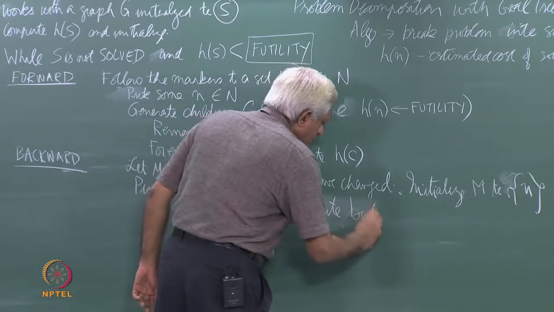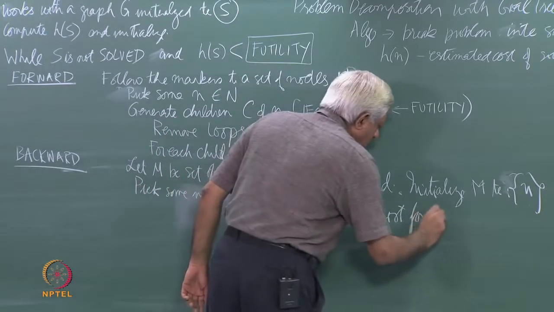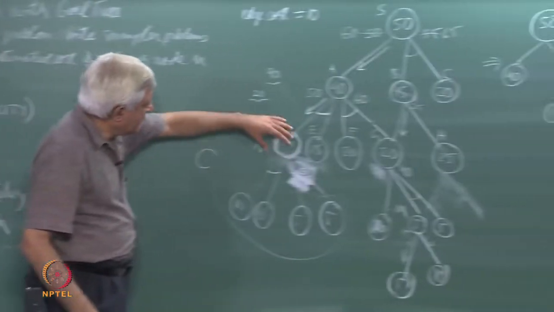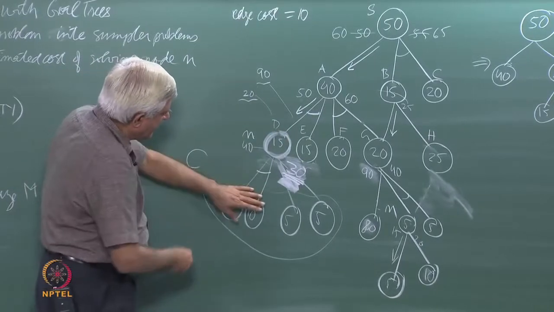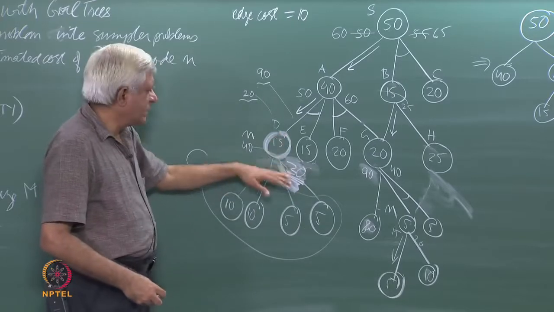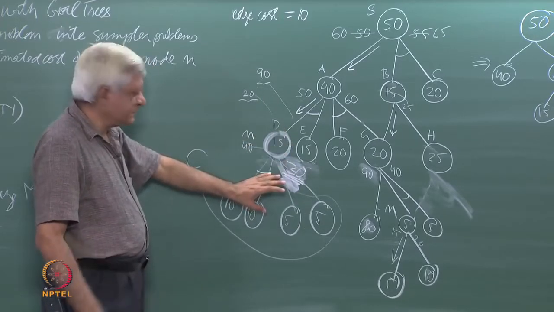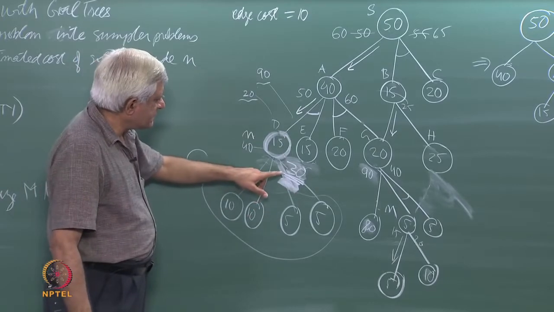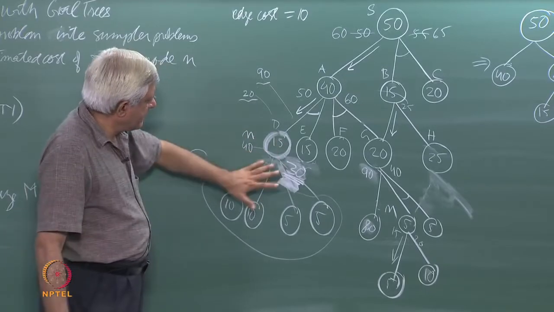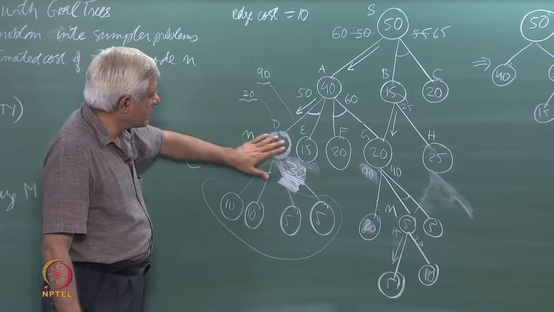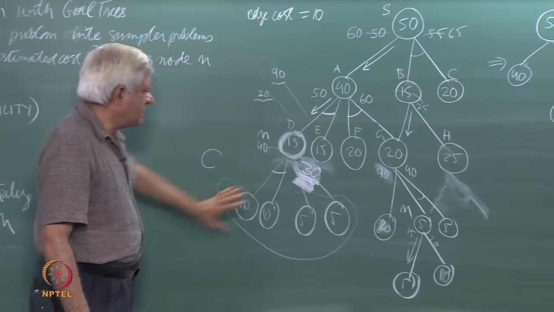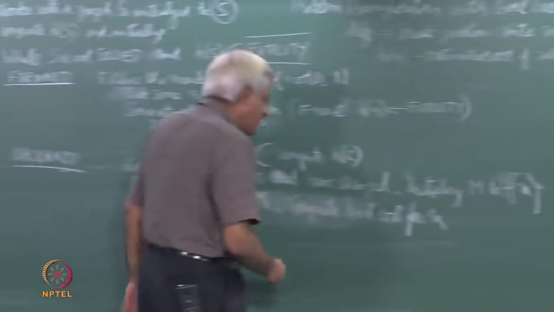best cost for n. How do I compute best cost for n? So, for example, if this was n, then I can see that from this side the cost is 40 and from this side the cost is 30. So, the best cost for n is 30 essentially. And I should have a check that anyway you are going to revise the cost irrespective of whether it improves or not essentially. So, compute the best cost for n